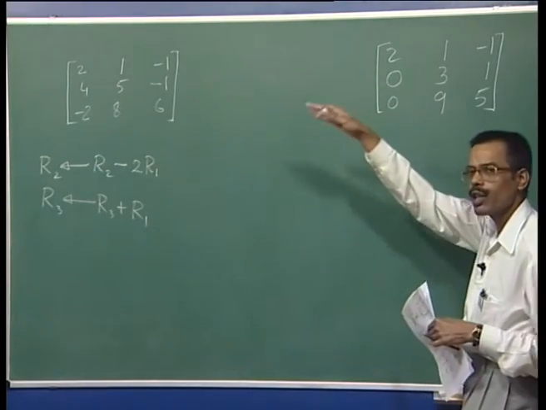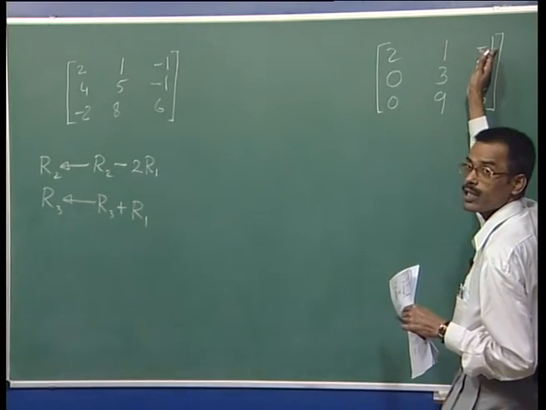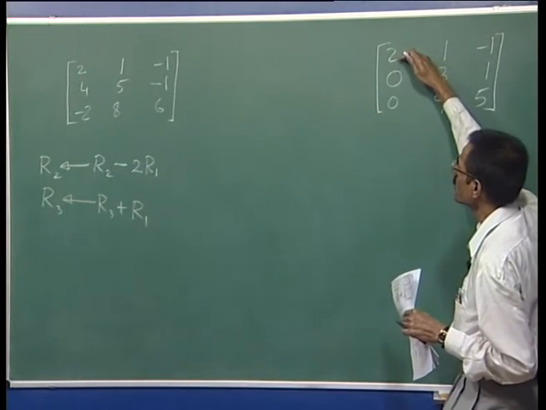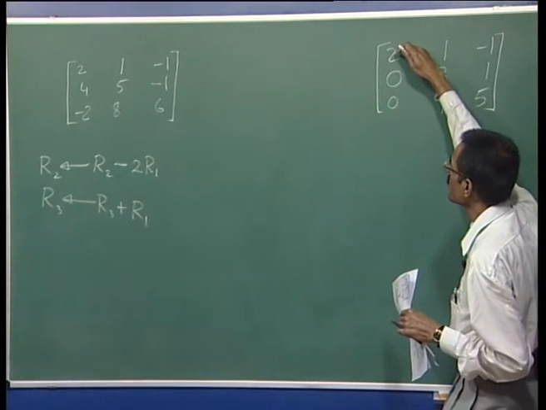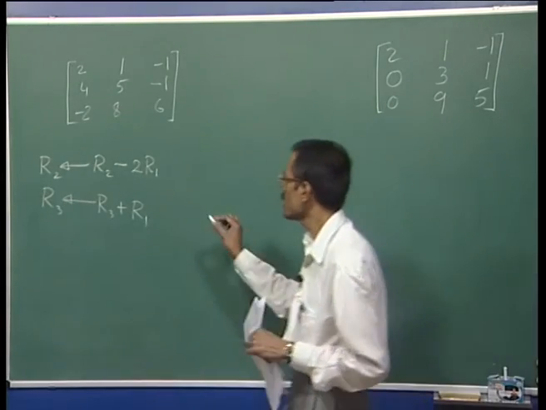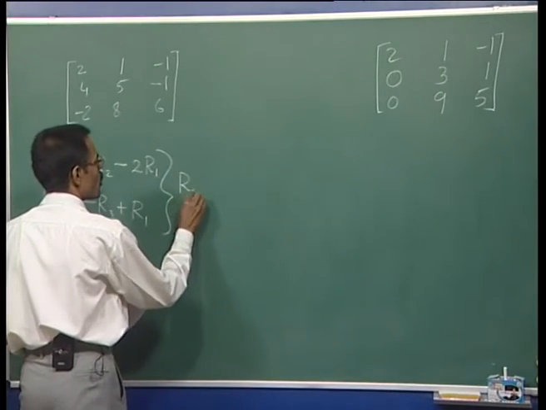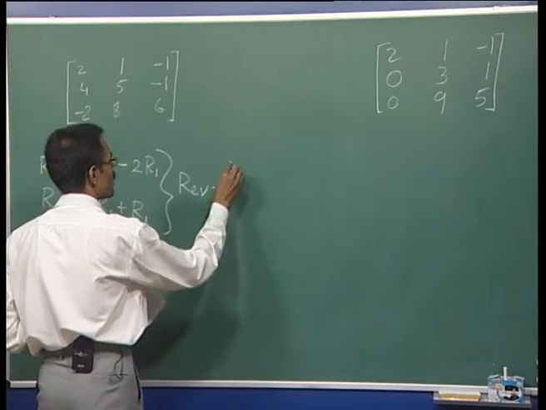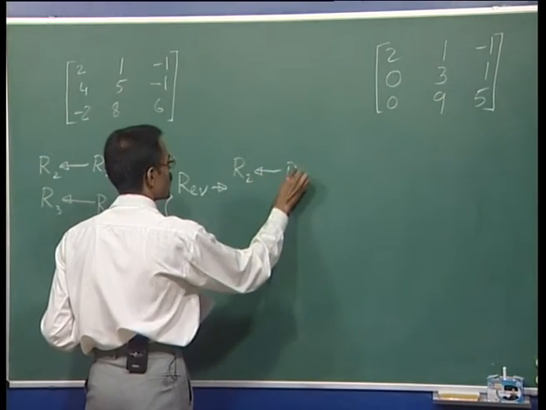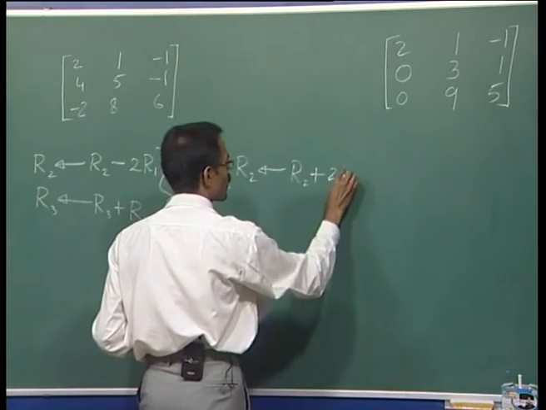Now, in order to regain the original matrix, what can we do? See, the first row was unchanged. So, this is the old first row sitting here, that we have not lost. That means, if we add back twice the first row here, and if we subtract this top row from the third row, then we should be able to get the original matrix. That means, the reverse operation of this, if we want to reverse it, that will be R2 should get back its lost part of twice R1.